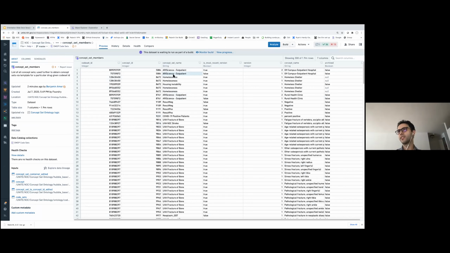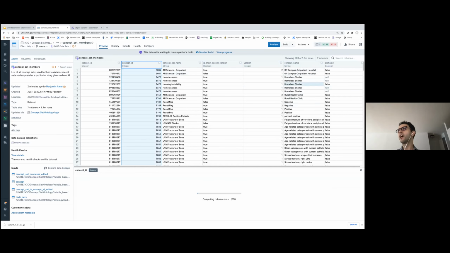But you can also see their name here. And each concept set is mapped to the list of concepts defined by either concept name or concept ID. So each code set has a number of concepts, sorry, that it contains. So uniquely identified by their ID or by their name.